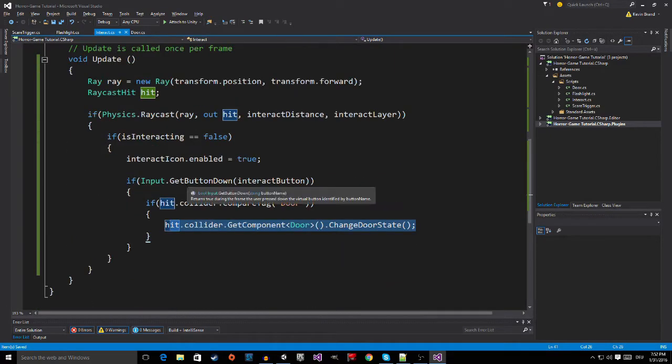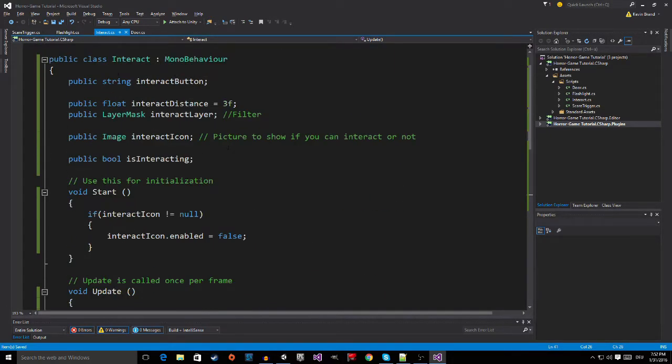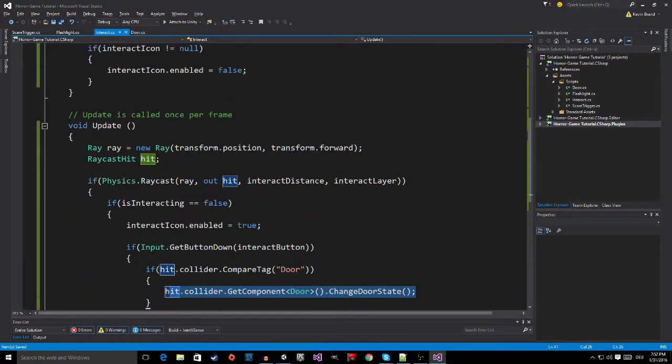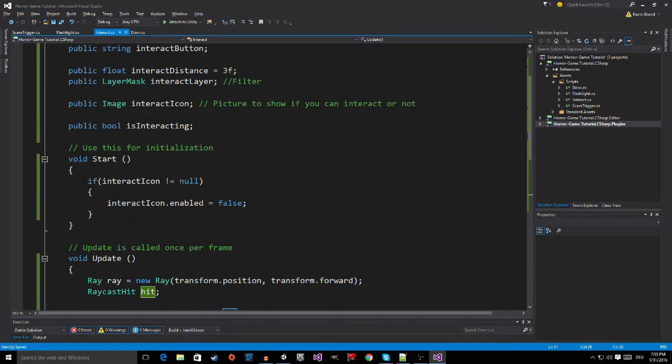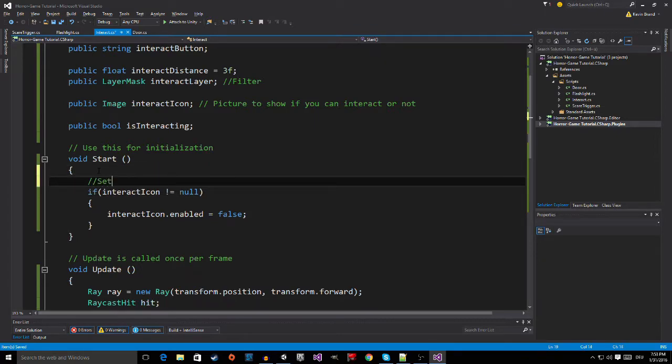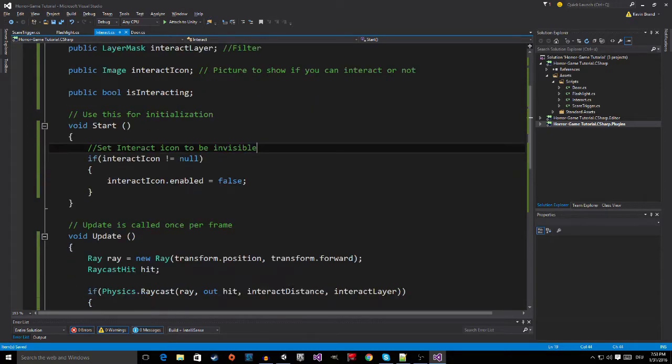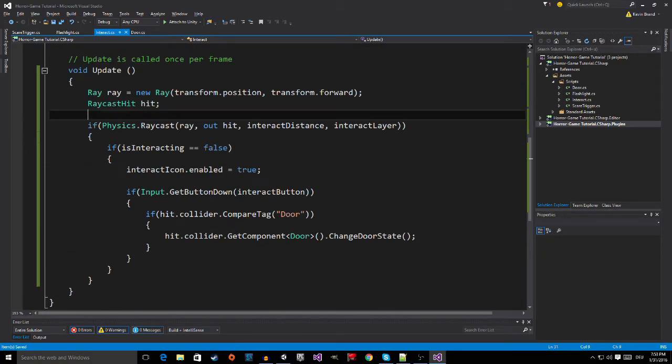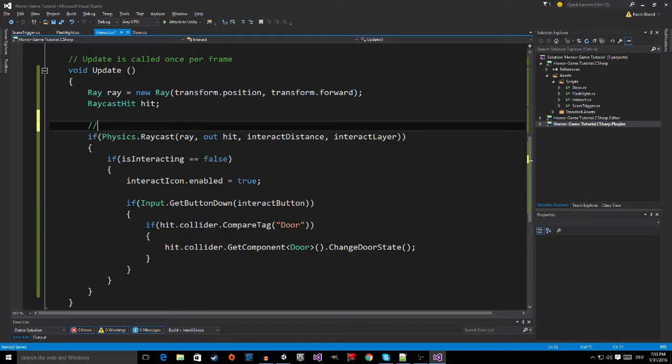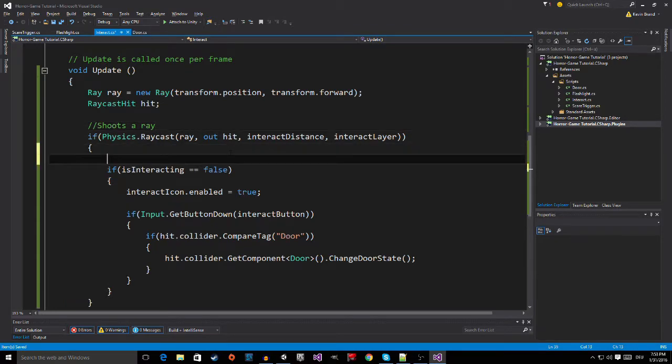So now the script is working. So let me go through the script one more time. So up here we set interact icon to be invisible. Then this stuff here shoots a ray. This here